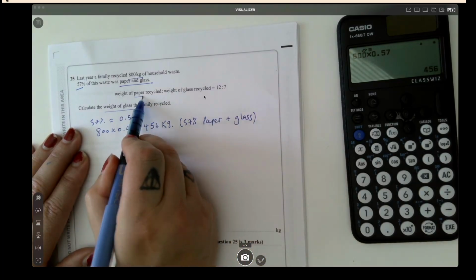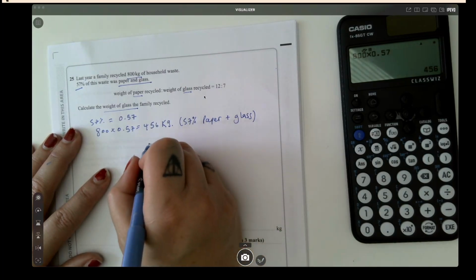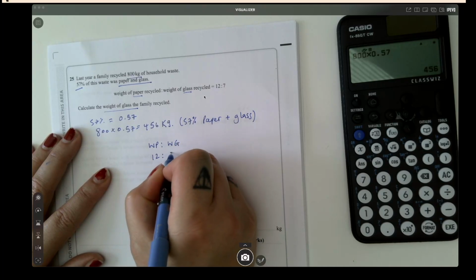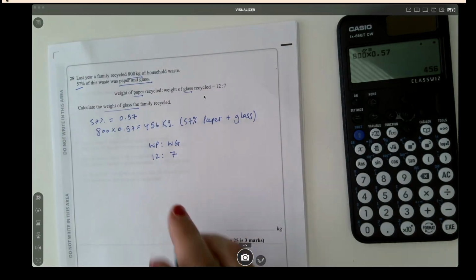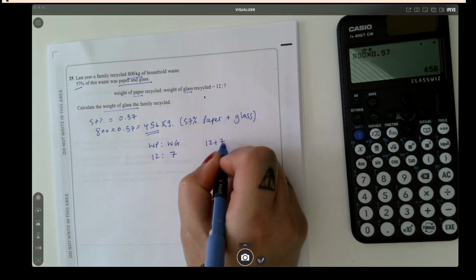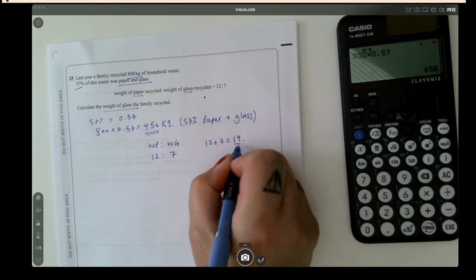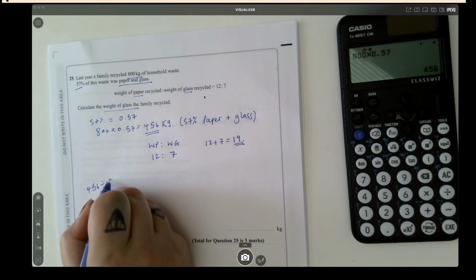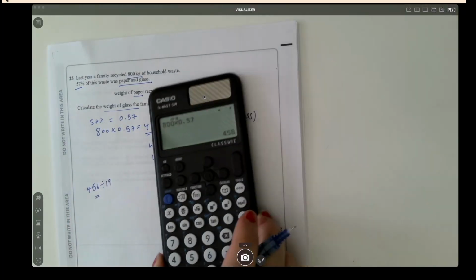And our ratio deals with paper and glass. So the weight of the paper to the weight of the glass is in the ratio 12:7. So I'm now going to share this amount into this ratio. So we have 12 plus 7, 19 parts in total. So I'm going to do 456 divided by 19,